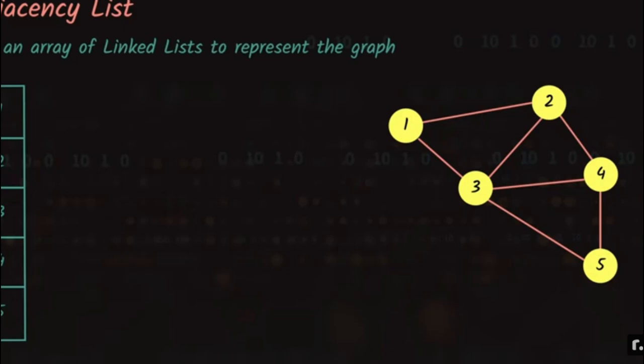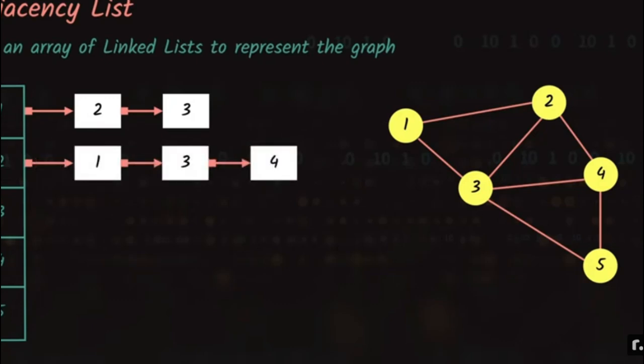So first of all, we have the node 1 here. Now 1 has edges to the node 2 and 3. So we'll create a linked list with the nodes 2 and 3, and we'll put the address of the list in the index 1 of this array. Next we have the node 2, which points to 1, 3 and 4. So we'll create a linked list with 1, 3 and 4, and we will put the address to that in